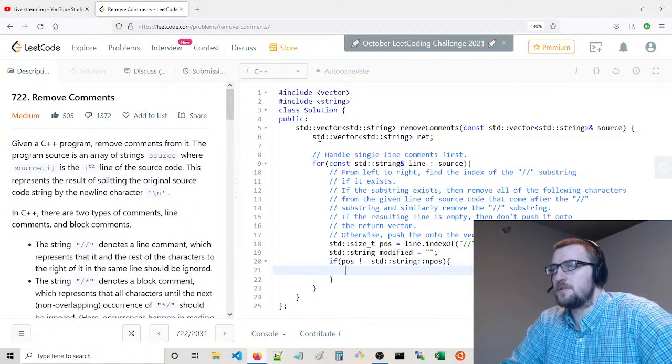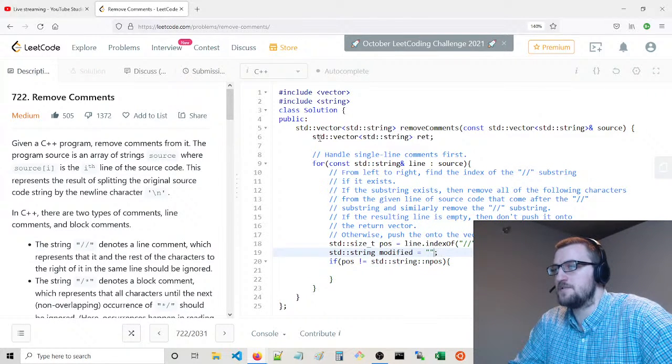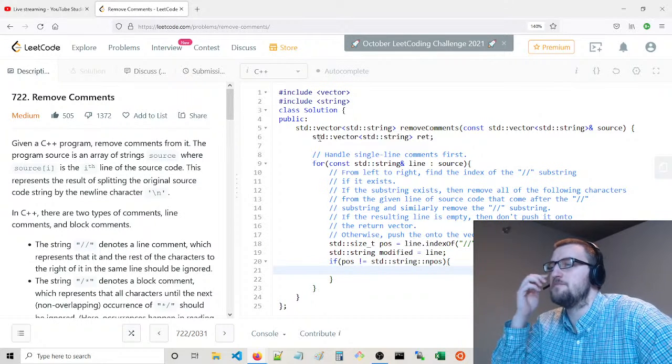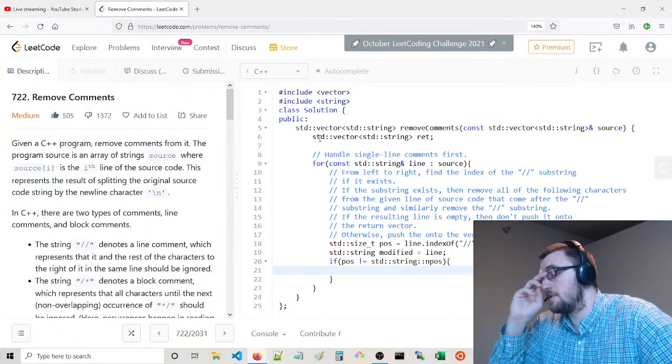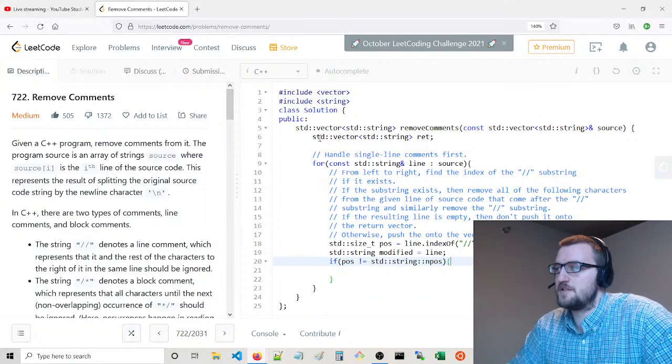Actually you could set it to the line initially, right? It's okay if you went right off the edge.